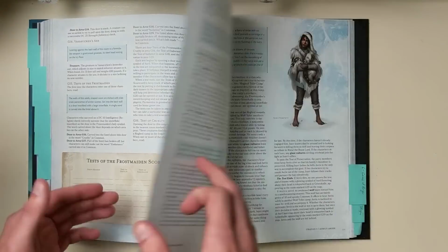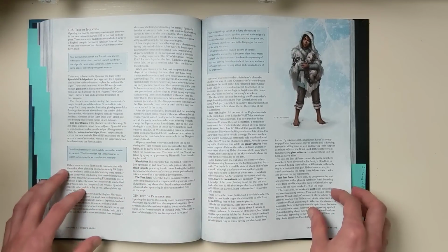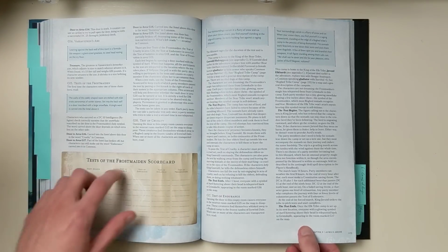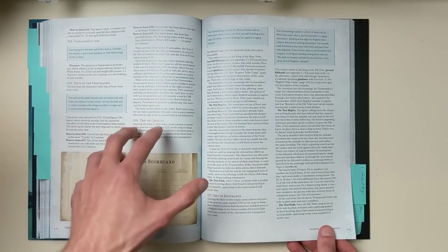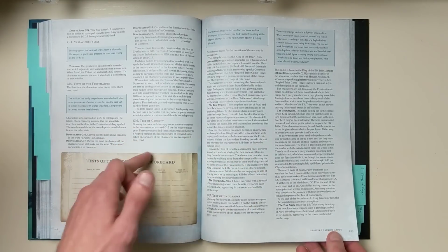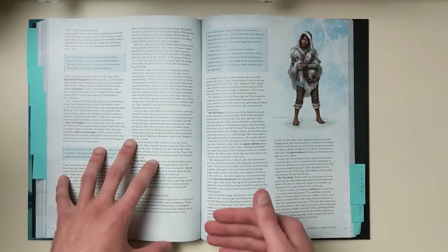The thing is, characters also have the chance to end the campaign at this location, because they can defeat Auril here. But to do so, they have to pass a number of these tests. The first one really threw me off, the test of cruelty, where basically they're teleported somewhere and they have to behave cruelly. But the point is, the whole time they're like being heroes, and then it's like, okay, now you need to be rude and mean and potentially life-threatening against some innocent people to pass this test,